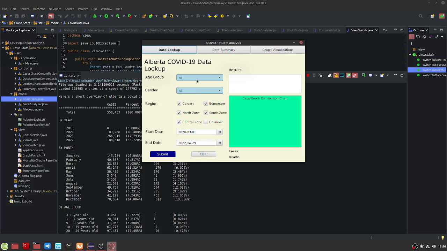I myself am included in this data, and I wanted to see if I could find myself. So I included a little data lookup. This is literally just why: I just wanted to see if I could find myself in this, and then I obviously wanted to generalize it to any case, any data that you want to find. So I tested positive. I'm 20 years old, male. I'm in the region of Calgary, and I tested positive on